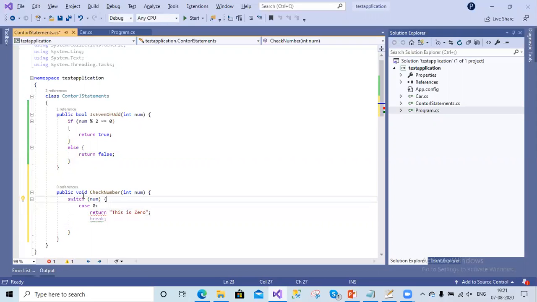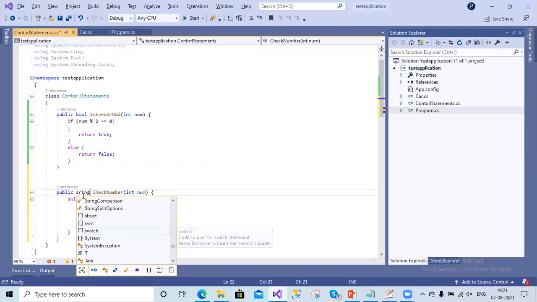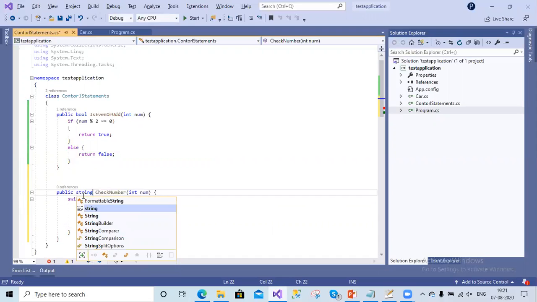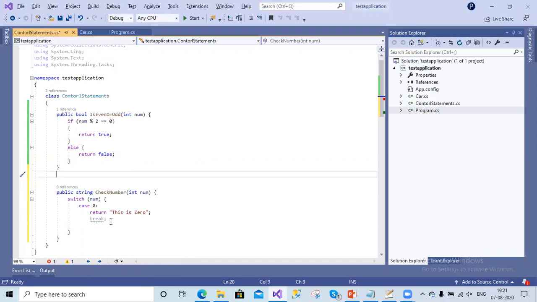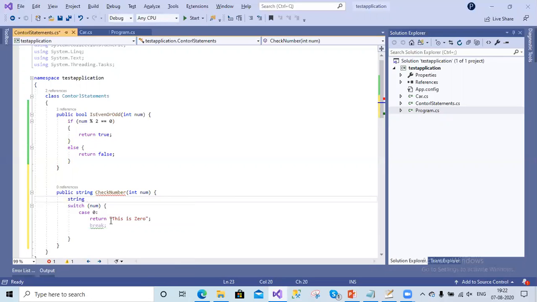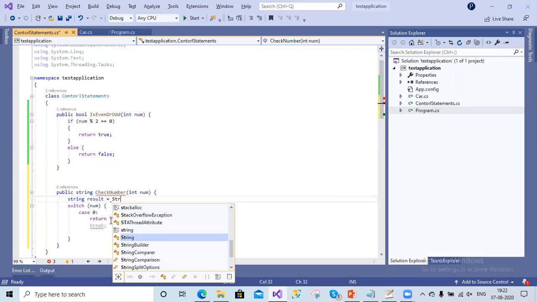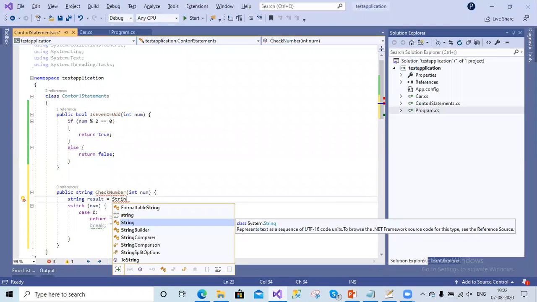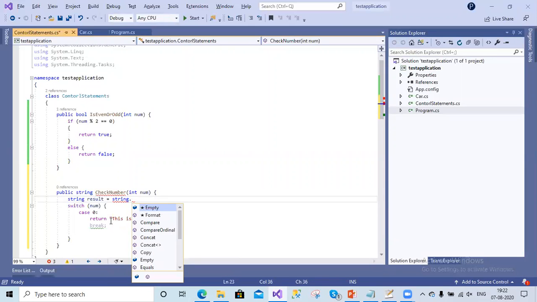Let's modify this void return type to string. Instead of having a return type here, we will store some variable. Let us say it is a string result variable, equal to string.Empty.